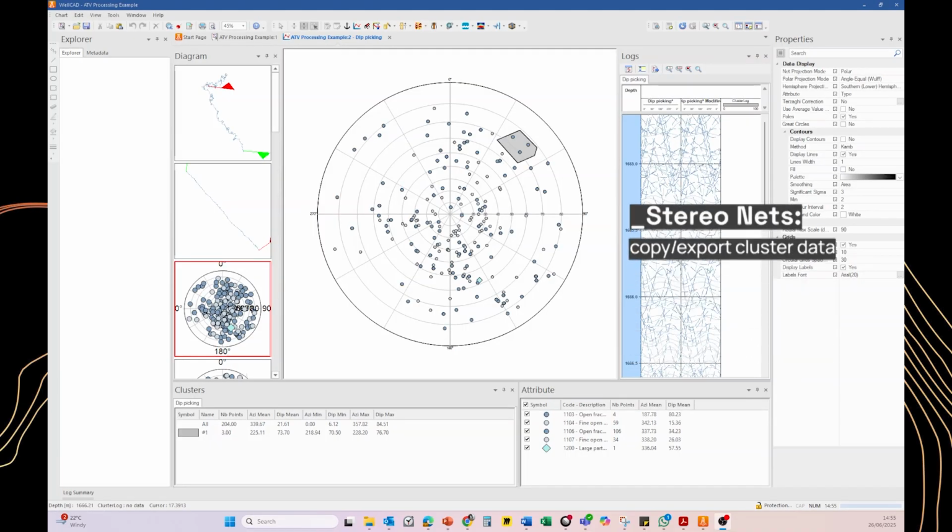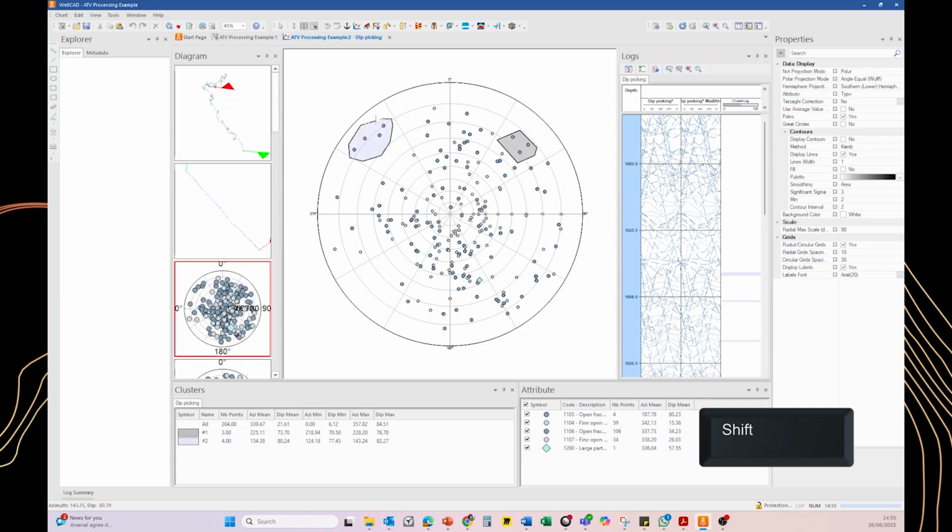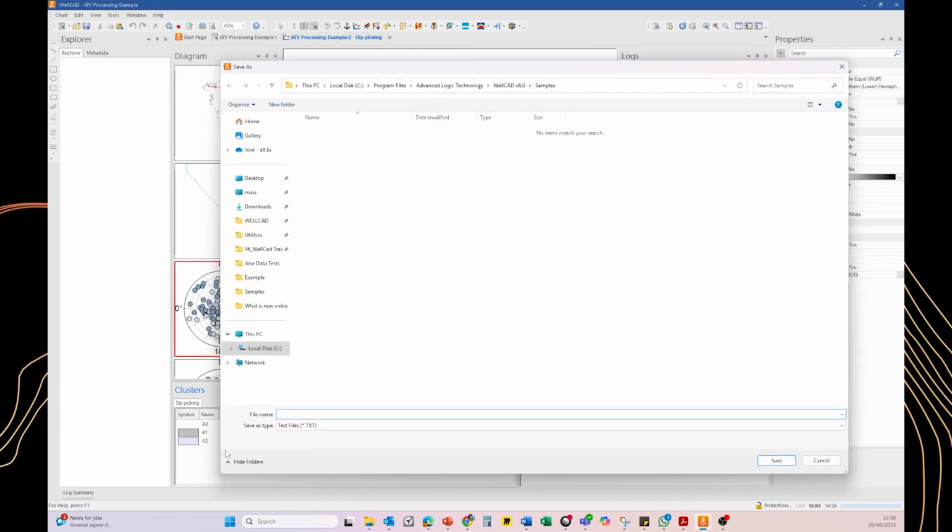Another important functionality that has been added to the Easy module in the polar chart crossplot is a dashboard for the dip picking interpretation. You can now draw clusters such as this one. Clusters can be created by using the Shift key on the keyboard and creating a cluster area. Cluster statistics are displayed in the lower left corner and can be copied and pasted in Excel, etc., or they can be exported as an ASCII file.